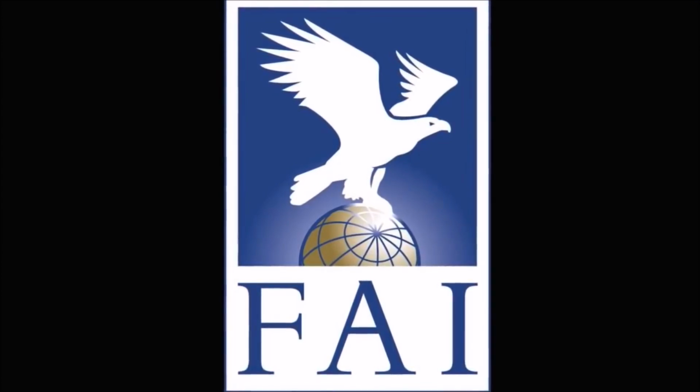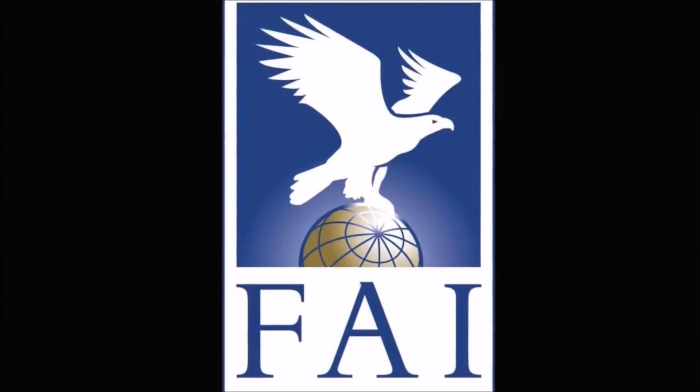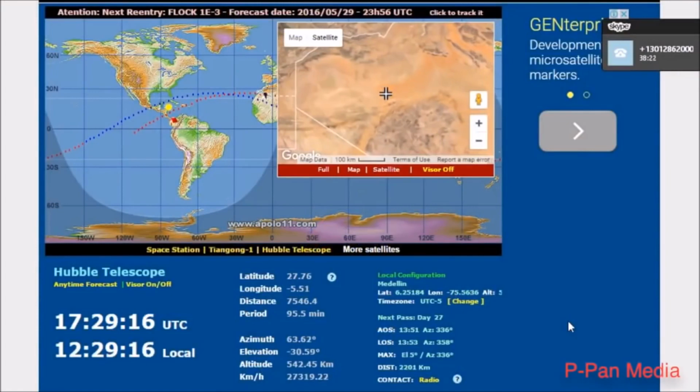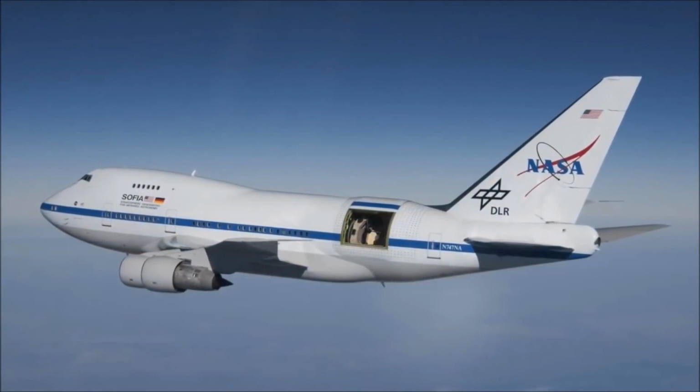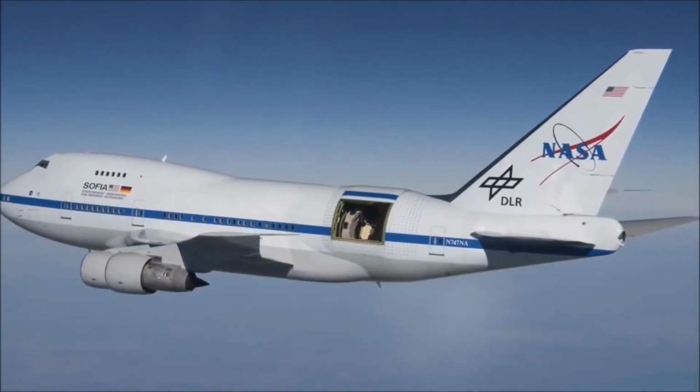And I hate to say this, but maybe you've been sitting there for 25 years and what you think is up there is really not there, and the photos are actually being taken by Sophia, which is at 45,000 feet on a 747. Sophia hasn't been flying nearly as long. Well, the